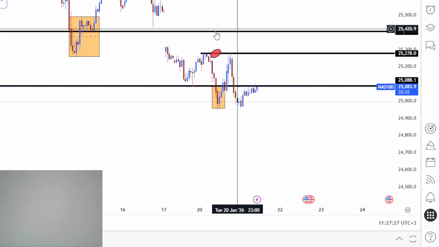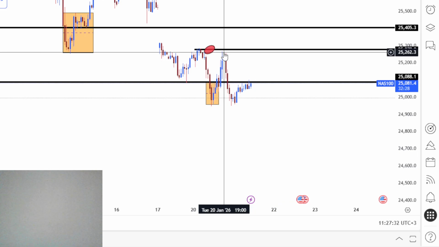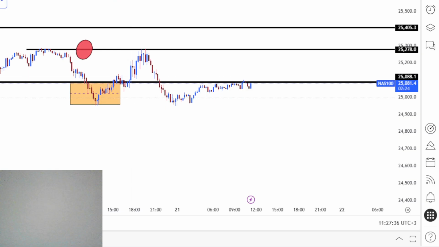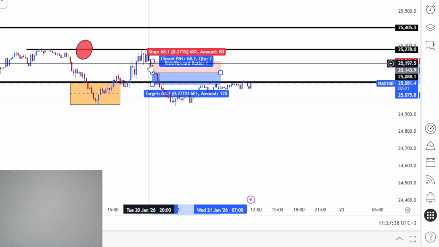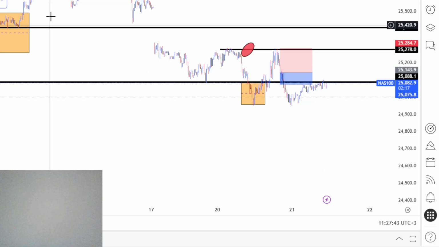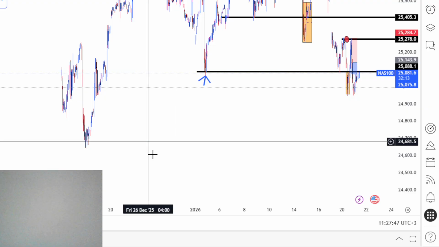Let me delete this because it's a legit level. So price bounced from that level. I zoomed into the 15 minutes time frame, which I rarely do, and then took sales from that level, stop loss to that level. And then I was telling my friend that we need to target the lowest point of the market, which is